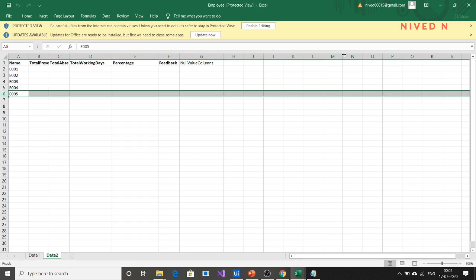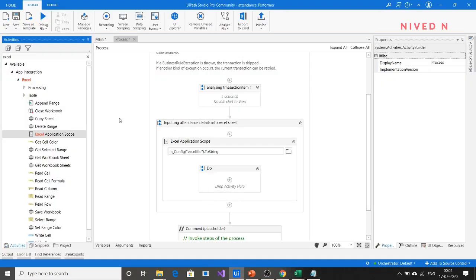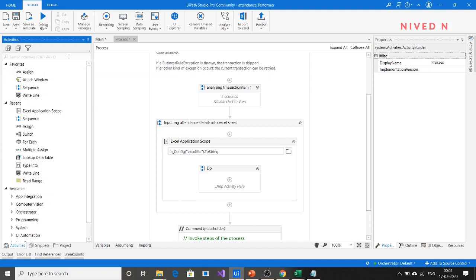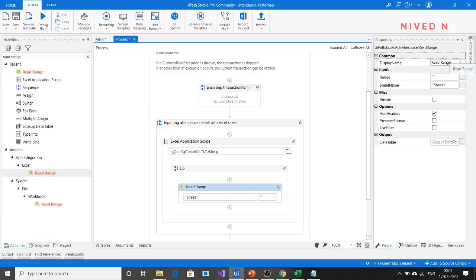But before using the lookup data table activity, you have to read this Excel sheet and store it in a data table. For that, you have to use a read range activity here. So use the read range activity in Excel, read the Excel file and give the sheet name.